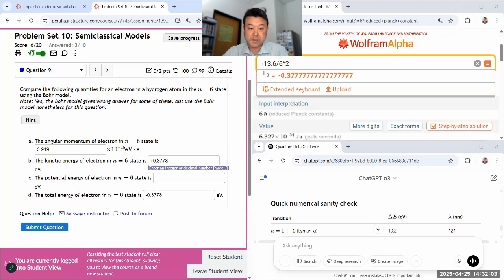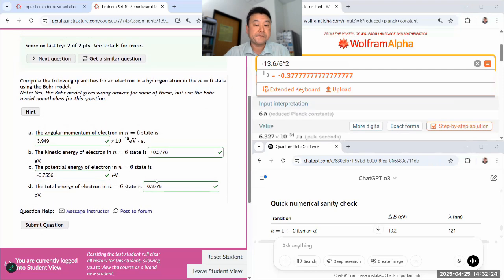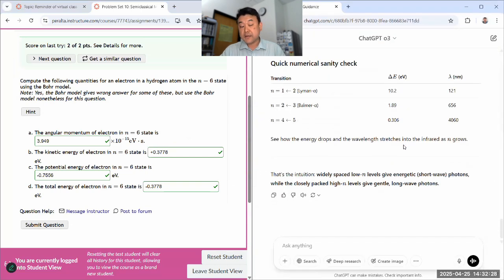And you can get from the expression for the total energy that the potential energy must be this double. So minus 0.7556. Now, those are all correct answers. And although that's not hard, the thing that you can get help with is what I mentioned offhand